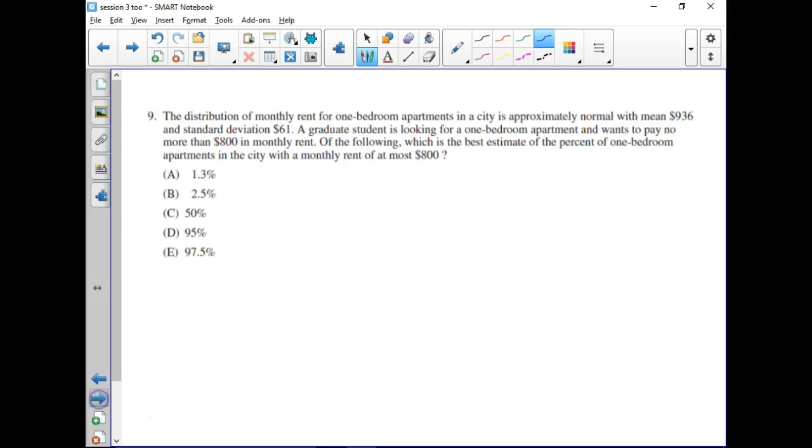Normal calculations, same thing. All right, the distribution of monthly rent for one-bedroom apartments in a city is